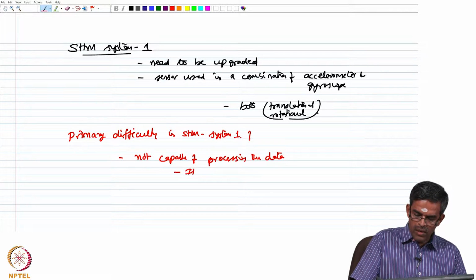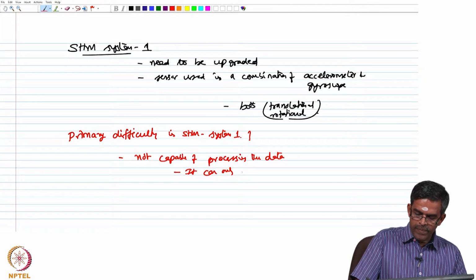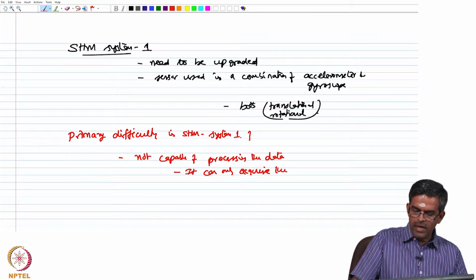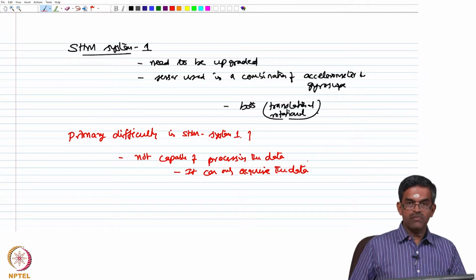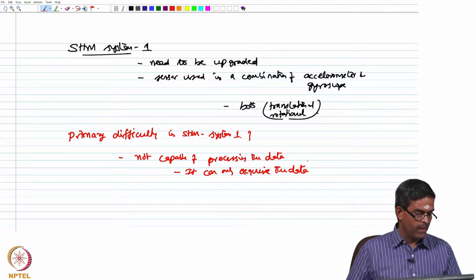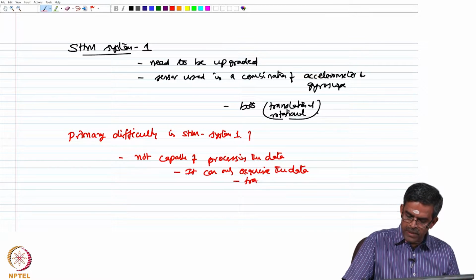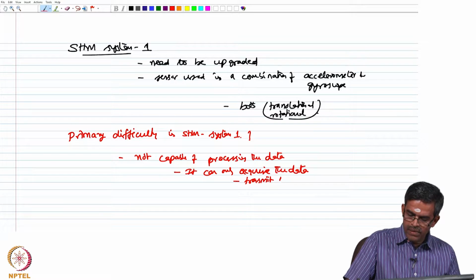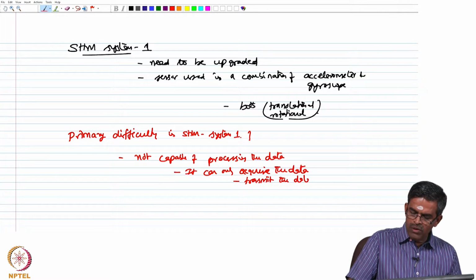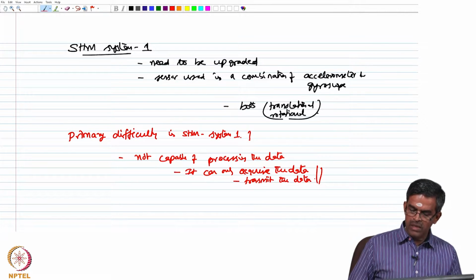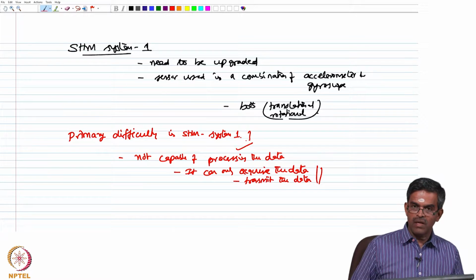It can only acquire the data, because the delay in processing may be one of the reasons for the noise generation. Of course, it can transmit the data,